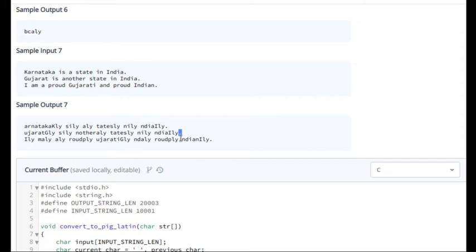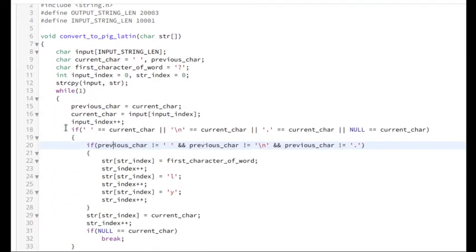So when we encounter the dot, we would have added the first character here and appended ly. So we don't need to do anything when we encounter this slash n. But if this dot was not there and there was directly slash n, then on slash n we would say that the word has ended. So if both of these conditions are satisfied, then we say that the word has ended.